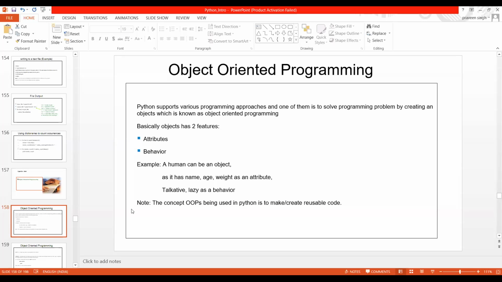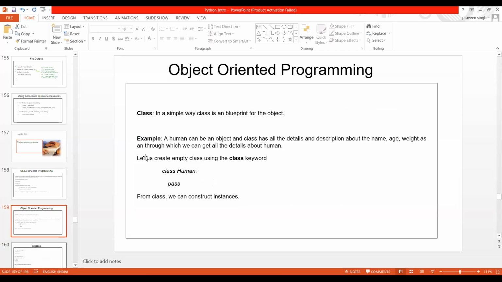Now let me move on to class. What is class? We have learned about object first of all. Then what is class? In a simple way, class is a blueprint for the object. When I say blueprint for the object, what does that mean?